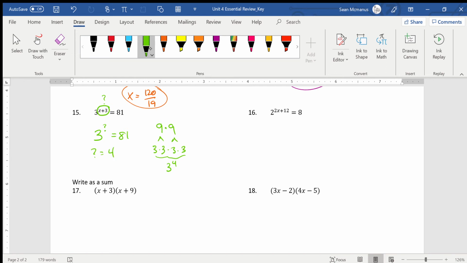So that means x plus 3 equals 4. Right? The question mark was what I circled up there. So if x plus 3 equals 4, then the x has to equal 1. Right? So there is a more official way to solve these that we, again, haven't taught you. So we're just trying to make some observations here. And then our last one,